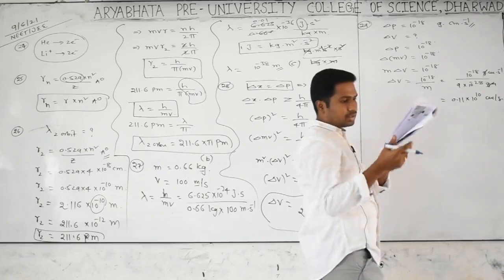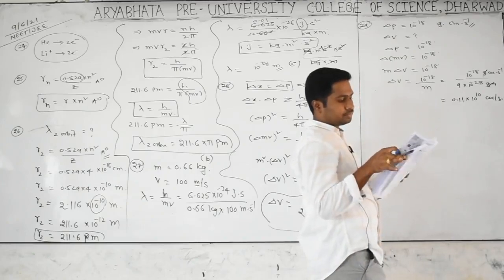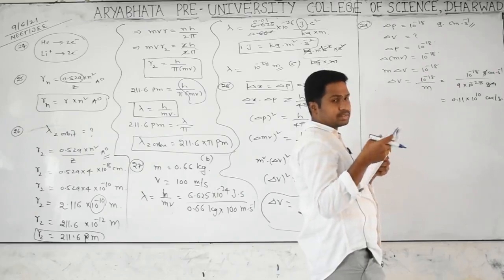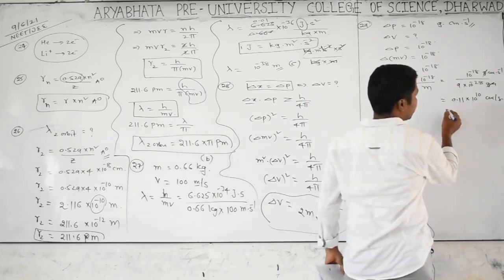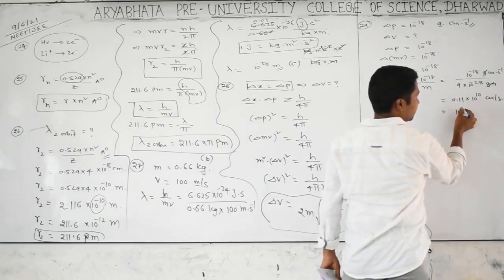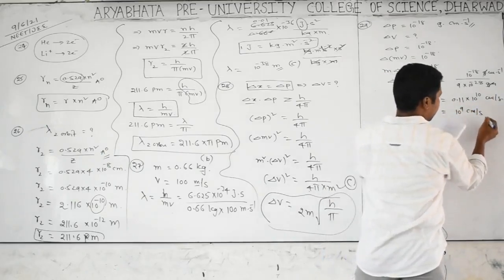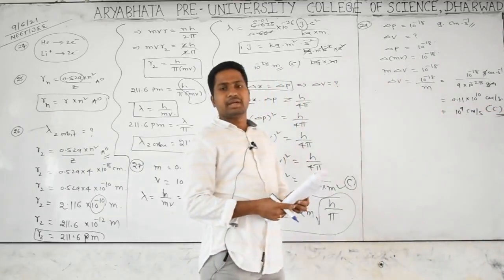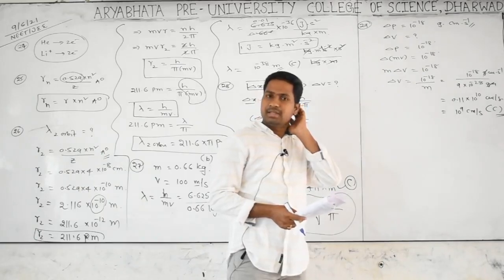But what is the given answer? Once you check it, it is 10 to the power of 9 centimeters per second. If you make 0.1 as 1 point, shifting it to the right side gives 10 to the power of 9 centimeters per second. Option C is coming. Very simple: the uncertainty in the momentum is given, and the uncertainty in the velocity is being asked,